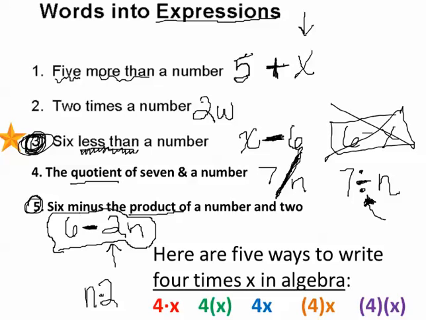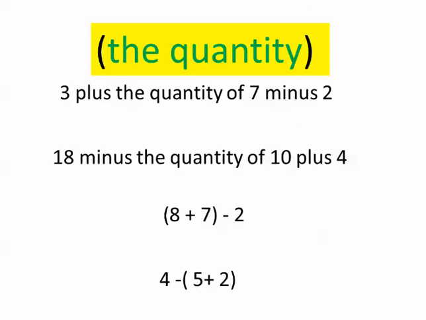So let's see if we can evaluate some of those expressions. Oops, not ready to evaluate yet. We have to talk about one more thing. This word, the quantity. The quantity means that you're going to see parentheses in an expression. So when you see the word the quantity, you need to think parentheses, and I'll show you what I mean in these examples. This says 3 plus